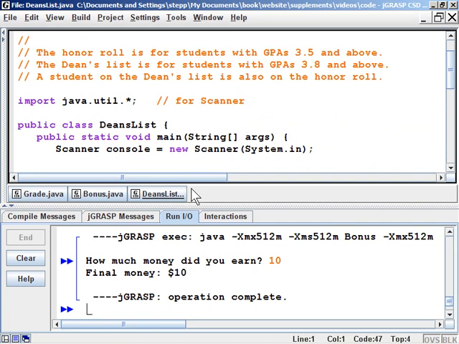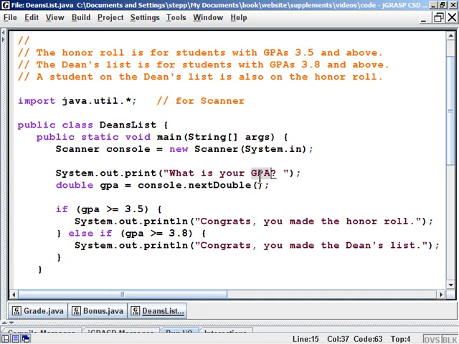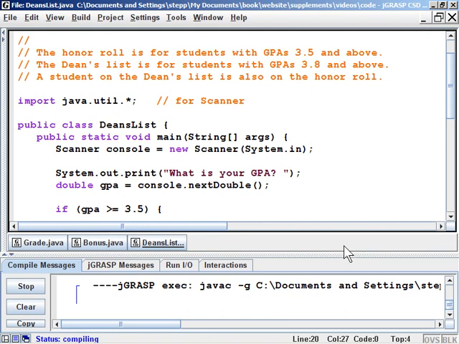Here's a program, a third program, that asks the user for a GPA, assumes that the user is a student in the university. And after typing in the GPA, the program will say if your GPA is above 3.5, then you need to make it to the honor roll. And if your GPA is above 3.8, then you've made it onto the dean's list. Now, the problem with the logic of this program is that you should be able to be on both lists. So if you're on the dean's list, your GPA is also high enough that you should be on the honor roll as well. So what the program actually does, if I compile the program and run it,